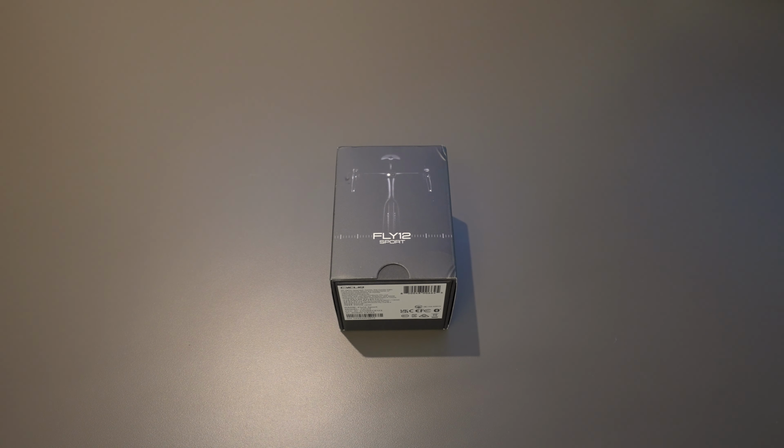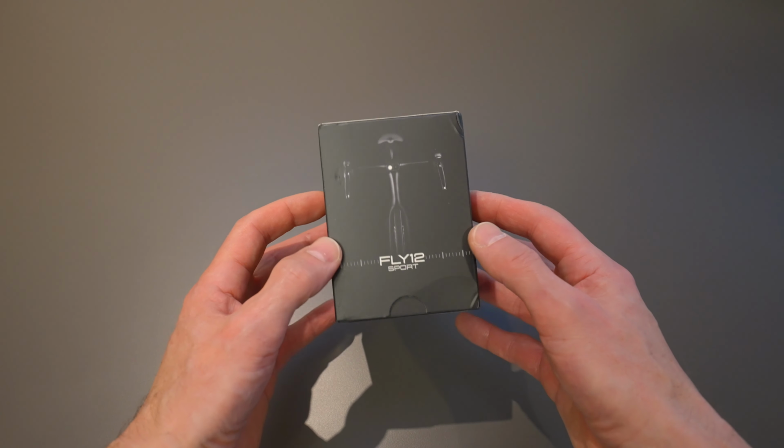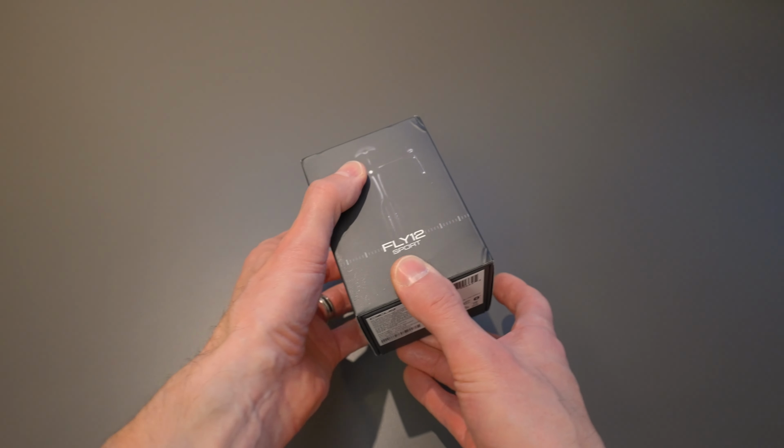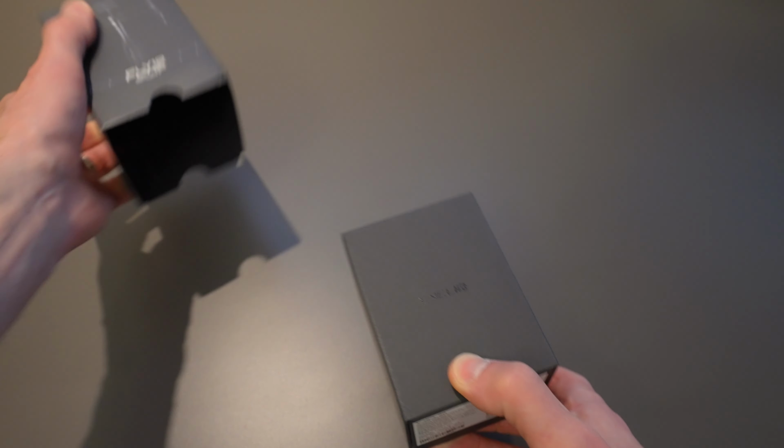Okay, enough about what the Fly12 is and is not. Onto my review, starting with unboxing the new Fly12 Sport. So this is exactly how the Fly12 Sport is delivered, all in one box. So if we unbox it